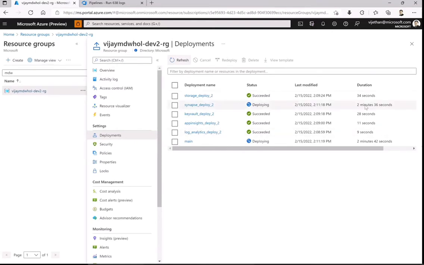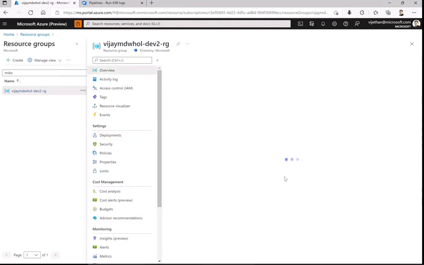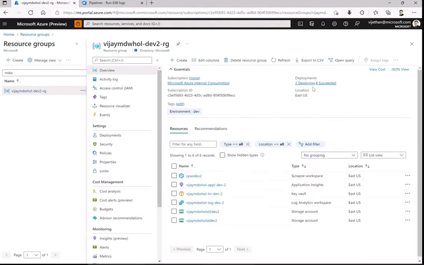This can take up to 10 to 11 minutes as well, because this is a complete snaps deployment. We are done with Key Vault. Application Insights is still in progress, and so are the storage accounts.